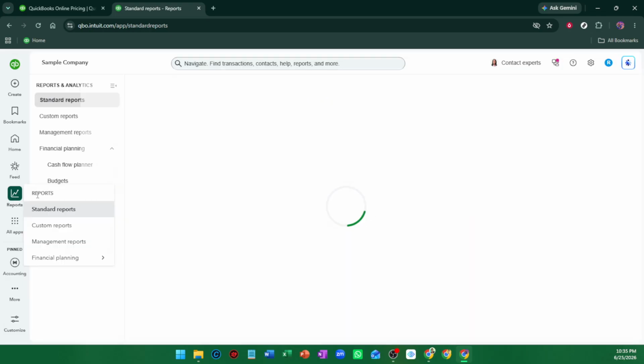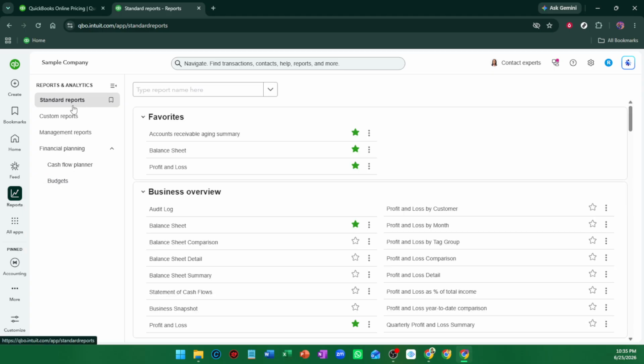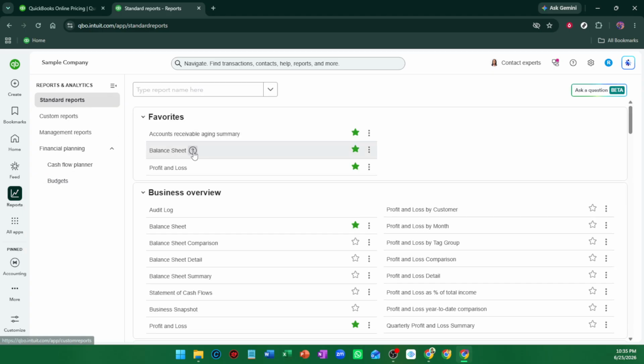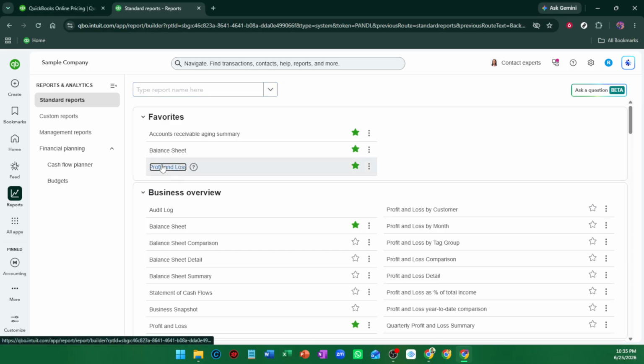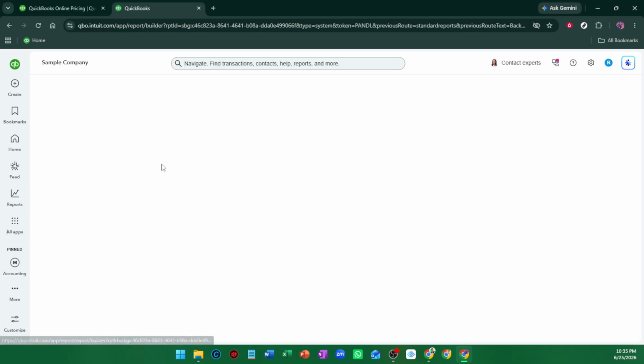After the Reports page opens, go to the search bar labeled Find Report by Name. In that search field, type profit and loss. As you type, QuickBooks will show matching reports in a drop-down list. When you see profit and loss, click it to open the report. This report is one of the most commonly used financial statements because it shows your income, expenses, and overall profitability